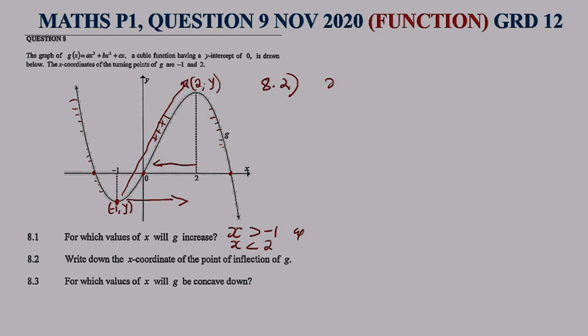But the x value of this point of inflection, how do you get it if you are given the turning points? We can say this value lies somewhere here. It's in between the two turning points. So therefore,